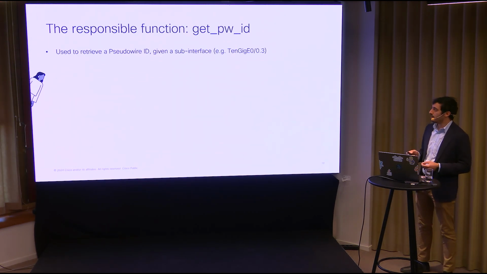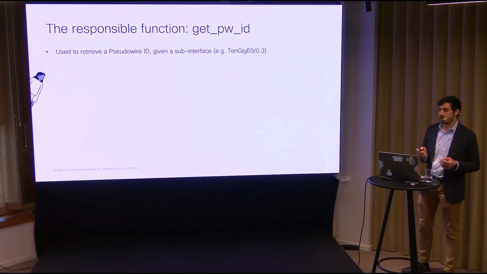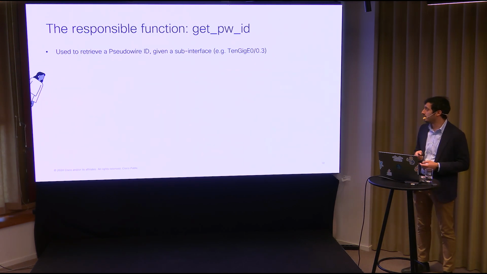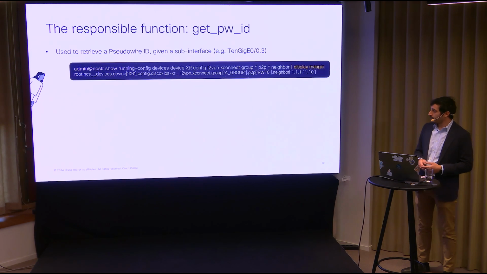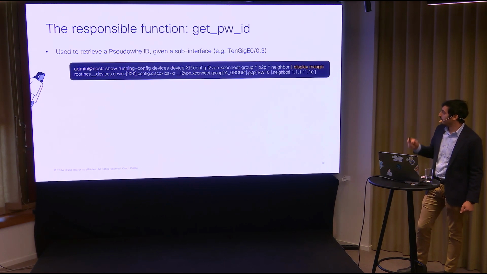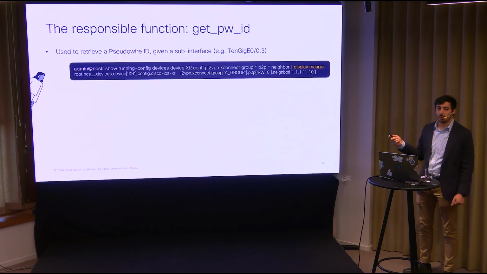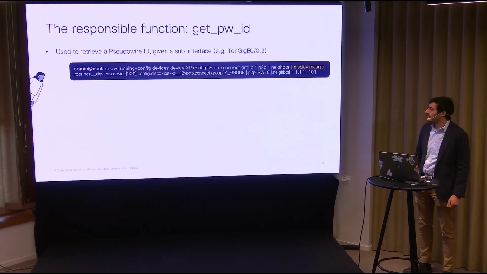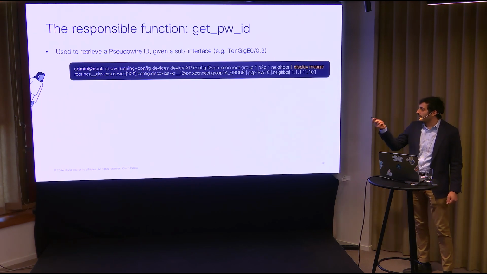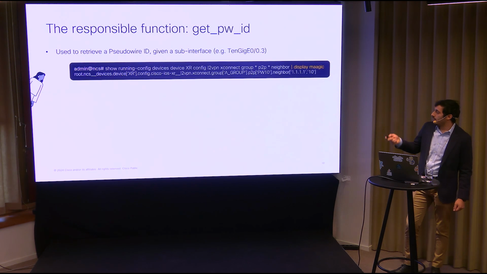This function is used to retrieve a pseudo-wire ID given a sub-interface, for example, in this case, 10GigE 0/0/0.3. First of all, let's see what the path is to reach the pseudo-wire ID. In this case, I took an XR device, and the path is very simple. It's config, l2vpn, xconnect group, name of the group, point-to-point, neighbor, and here we have the neighbor IP and the